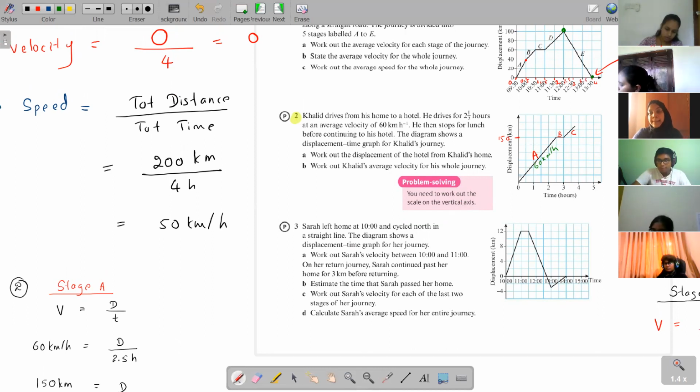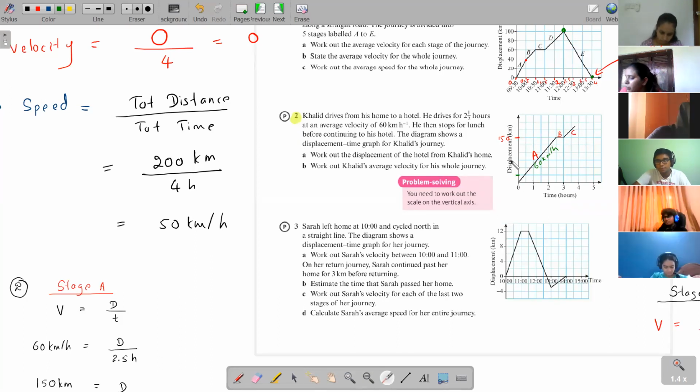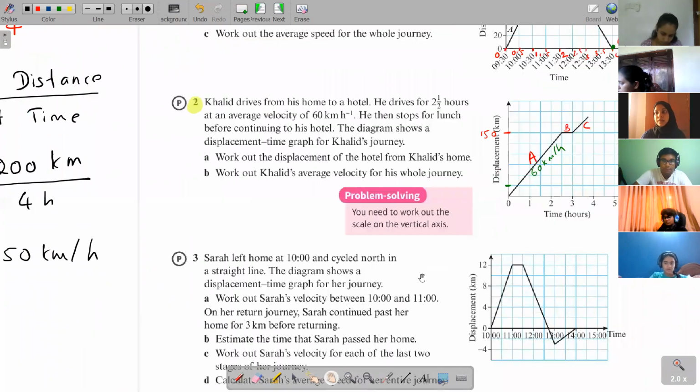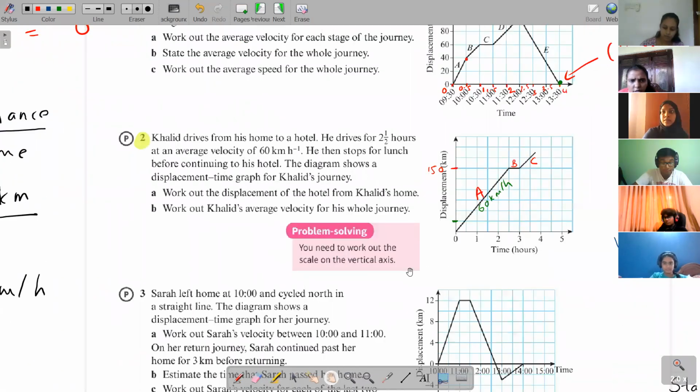So what's the value of one box here then? Because we found here this is 150. So you have to get the value of one box. Use the hint here, otherwise it's going to be difficult to do. How many boxes for 150? 1, 2, 3, 4, 5, 6. 6 boxes for 150. What's the value of this one box? Divide and tell me, 150 divided by 6 is how much? 2.5, teacher? Sorry? 2.5. 150 divided by 6 is 25. 25, right?